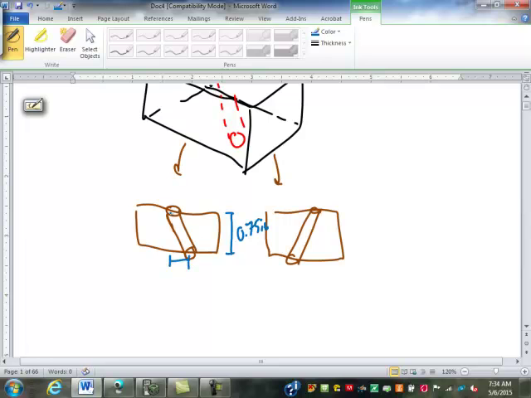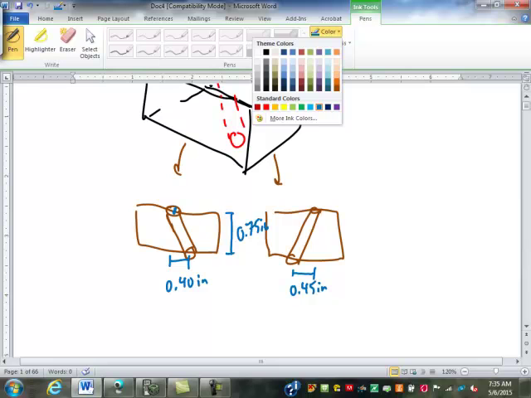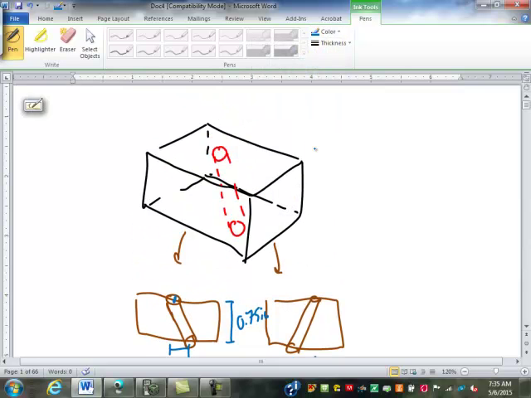The offset here from center of the hole on top to center of the hole on bottom, 0.40 inches. And here, I'll go 4.5 inches here. What I want to find is if I come up here,